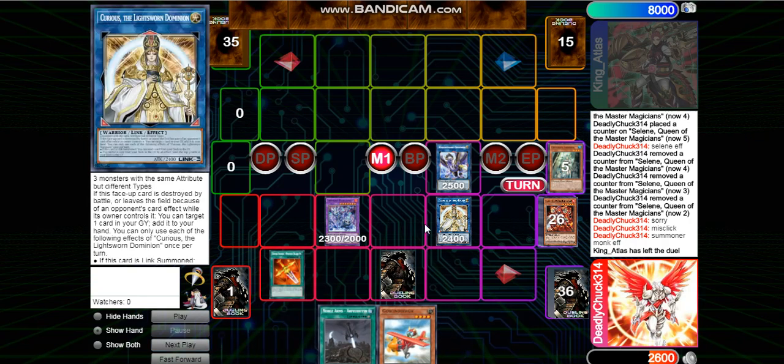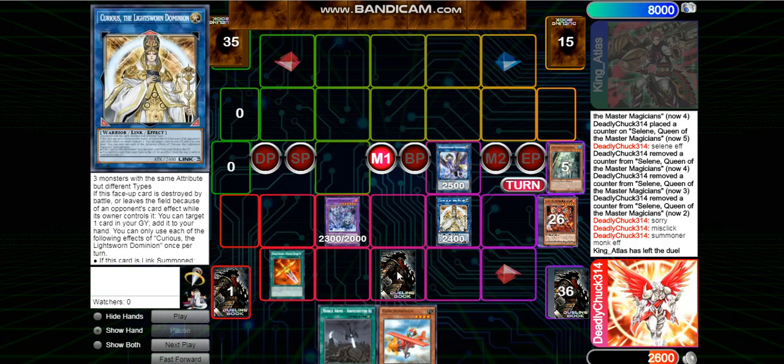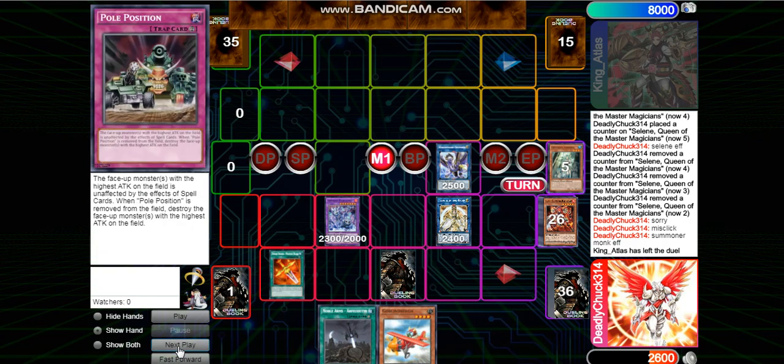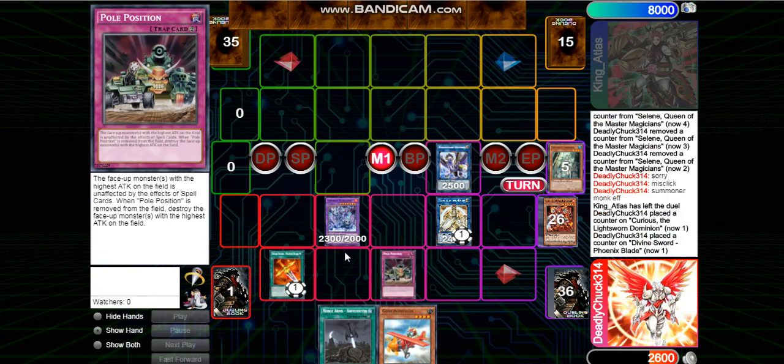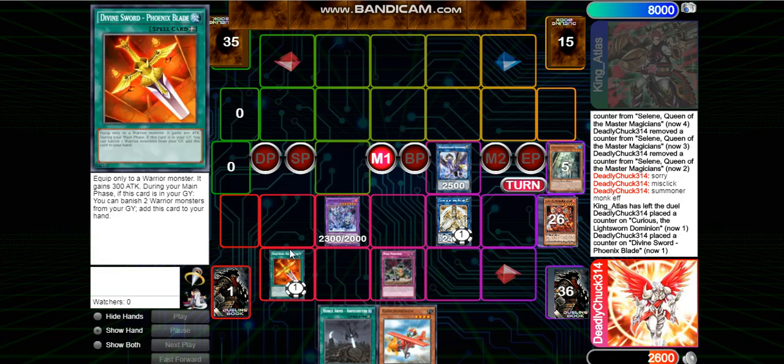Curious. And the reason your opponent cannot do anything at this point, you can just end your turn, you can do whatever, okay? Your opponent cannot do anything because right now, if we activate Pole Position, once we activate Pole Position during your opponent's standby phase, most likely,